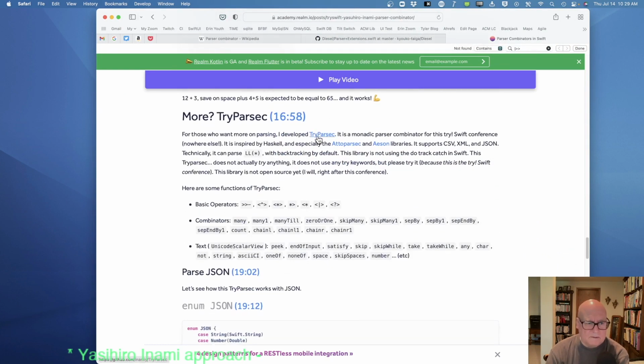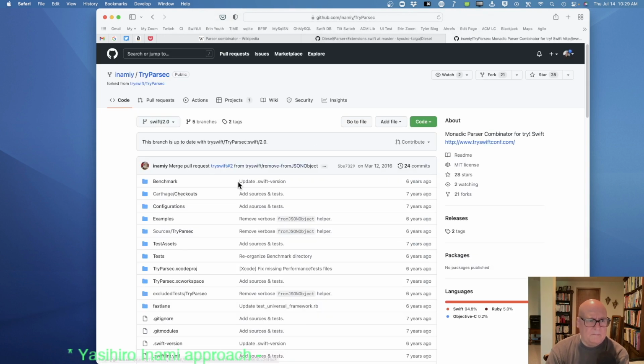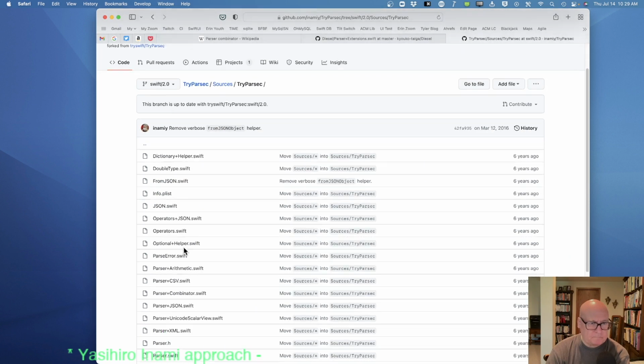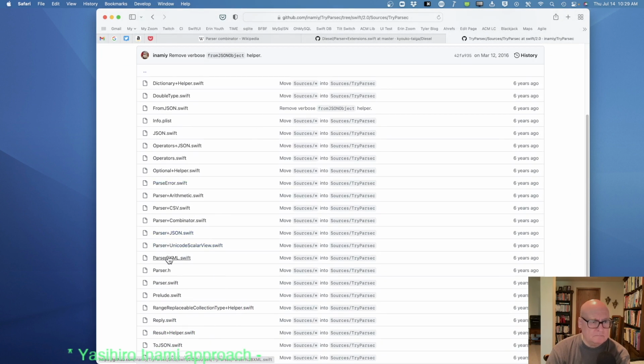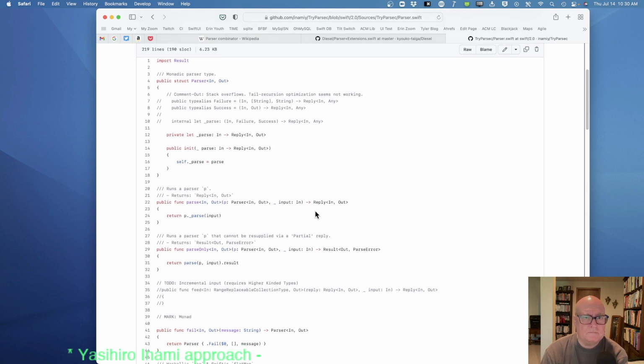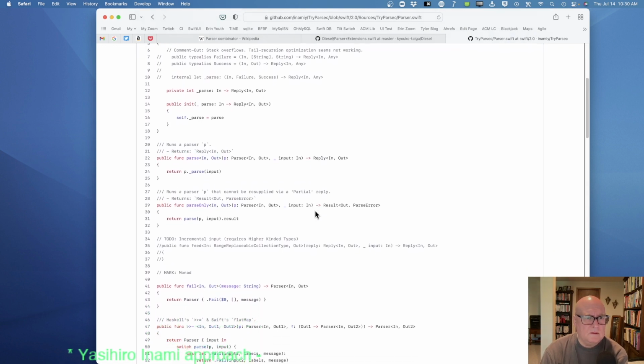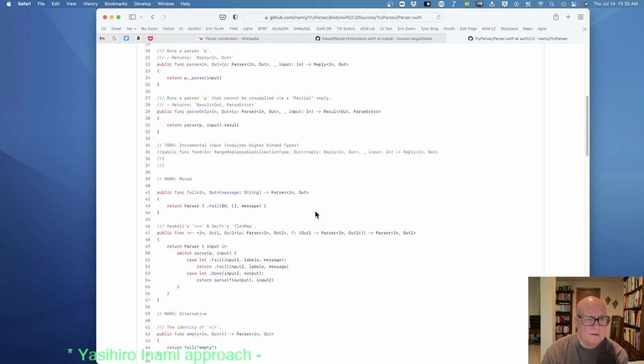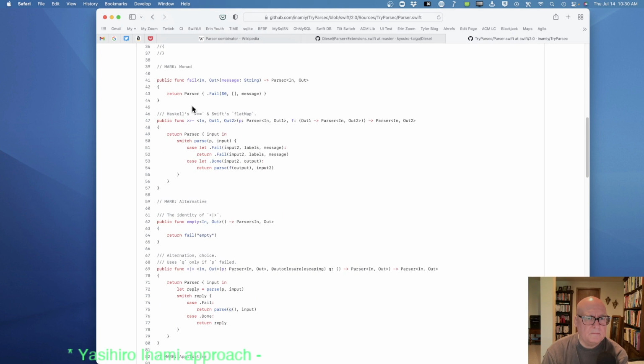Try Parser. Okay. Haskell's greater equal and Swift's flat map. In, out one, out two.